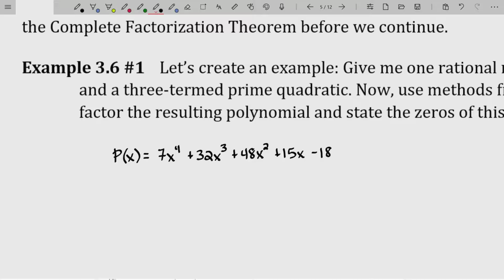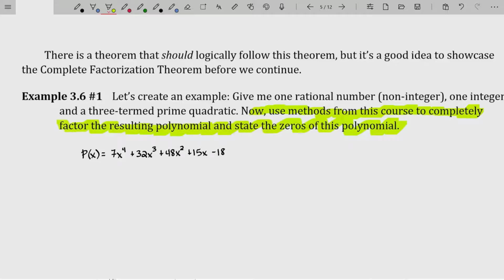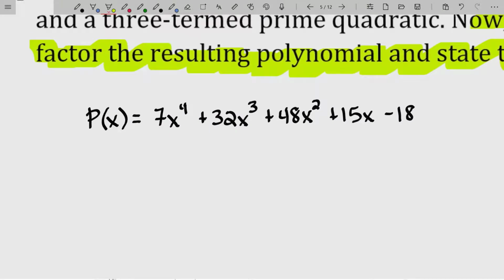Anyhow, I'm going to go ahead and copy this down. And here we are. And what we're going to do is use methods from this course. I'm going to highlight the actual question: to completely factor this polynomial and state the zeros of this polynomial. So we already know the zeros and we already know how it factors, but let's pretend we don't. This is how you practice for exams and stuff like that. If somebody handed you this polynomial and you didn't create it,